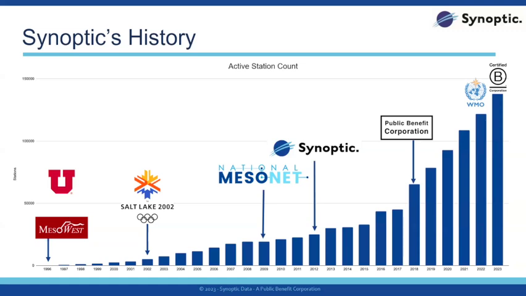Those blue bars over time are just showing our station count. We're always trying to aggregate more data and provide access to more real-time observations. We became a public benefit corporation in 2018 and a B Corp in 2023. This is to commit our values to getting publicly available data out into the public domain so people can make more informed decisions. We also started working with the WMO in 2022 to build a global platform for data observations.